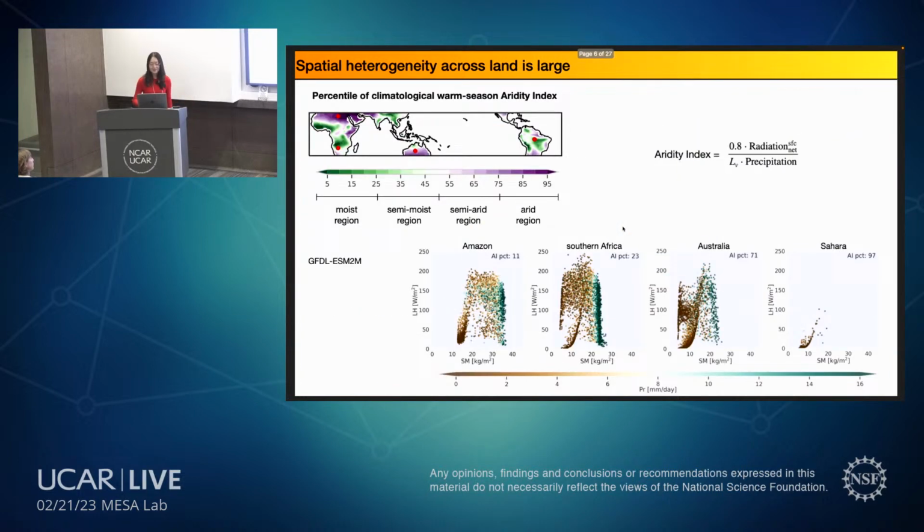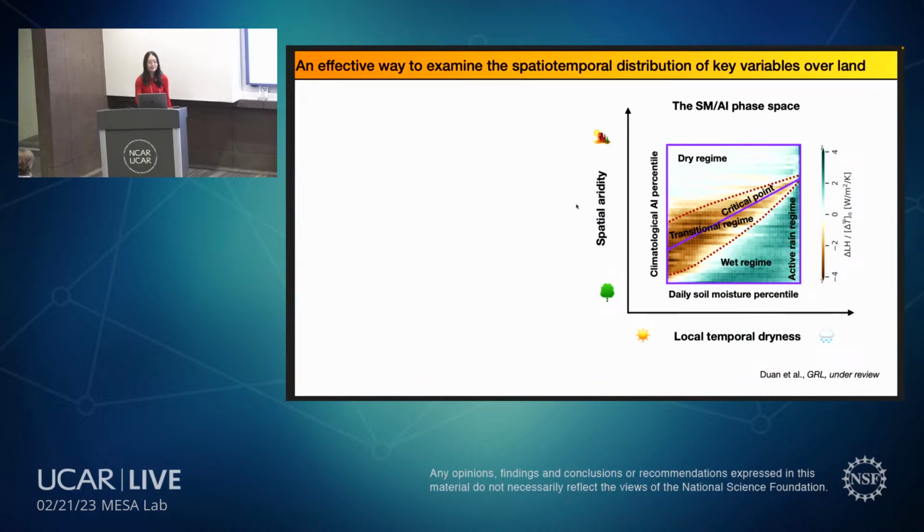and also other models. But an effective way to examine the spatial temporal distribution is through this phase space. Because if we just, not carefully, simply average things across a time period or across regions, or aggregate all data together, it's easier to lose the important signals. But by organizing data into this kind of phase space,